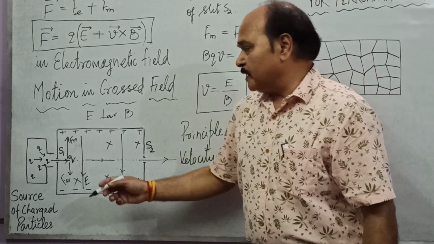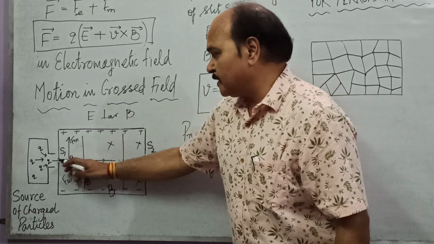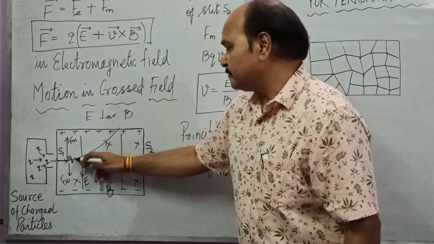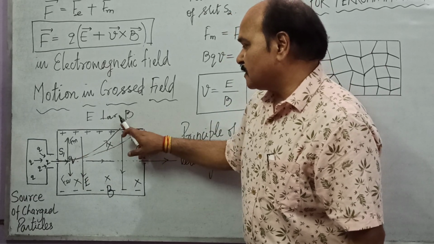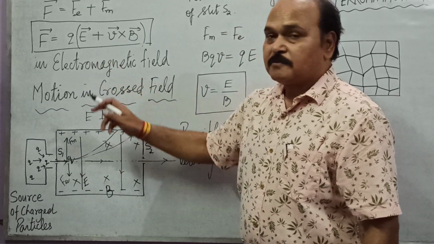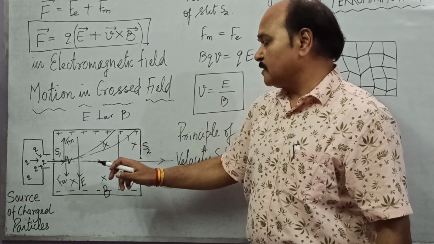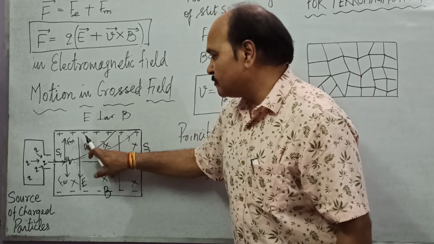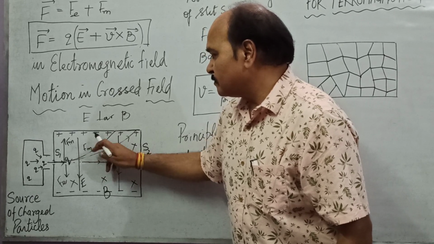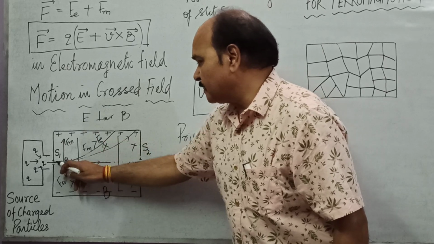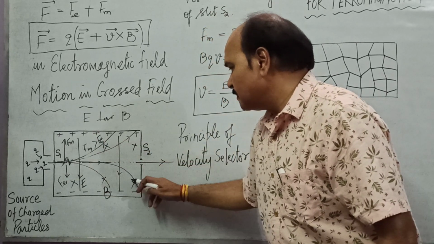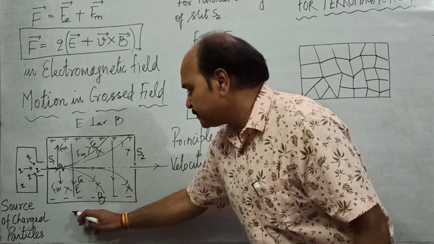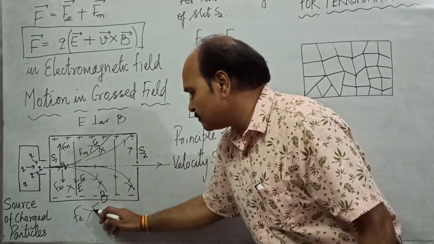Well, if over any charged particle the magnetic force happens to be greater, then what happens? The charged particle is deflected in the direction of the magnetic force like this, in the direction where there is net force along the vertically upward direction. If the charged particle has electric force greater than magnetic force, that charged particle moves in the downward direction like this. The charged particles which are deflected down are those particles for which electric force is greater than magnetic force.